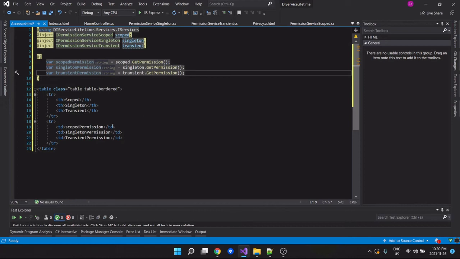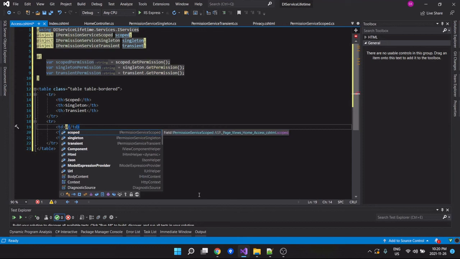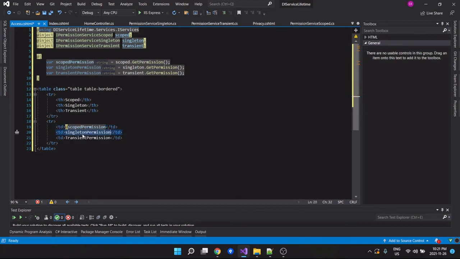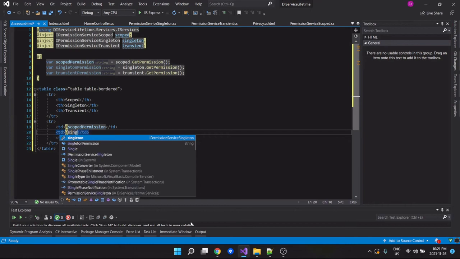Okay, and then here we can just set the table cells with the actual variables. So scope permission, Singleton permission,